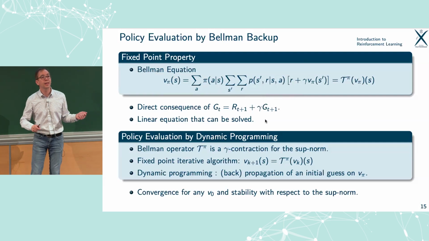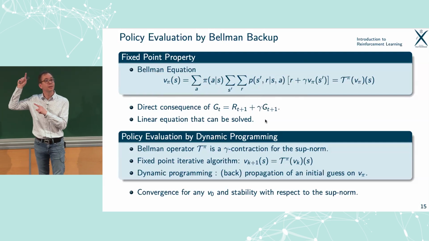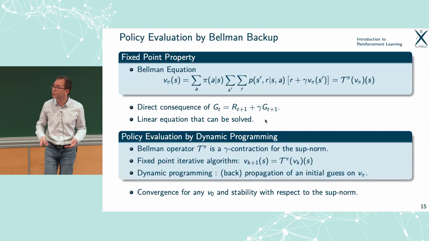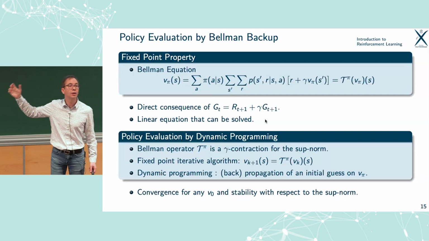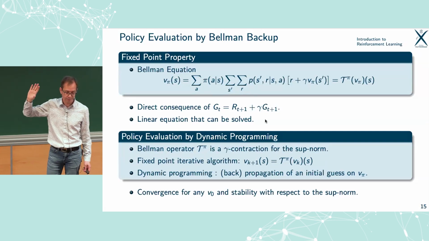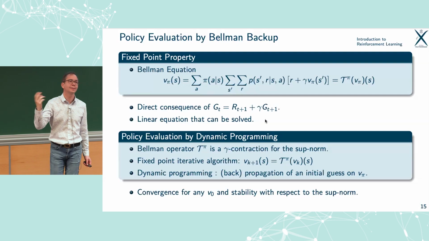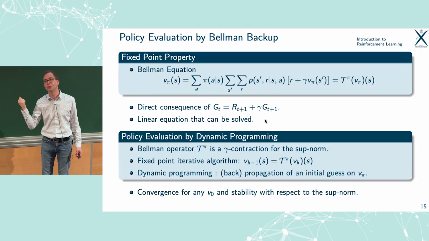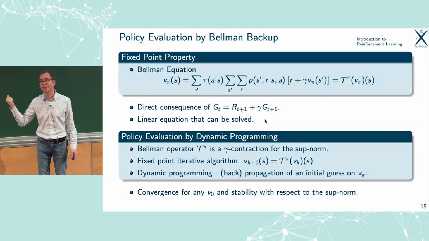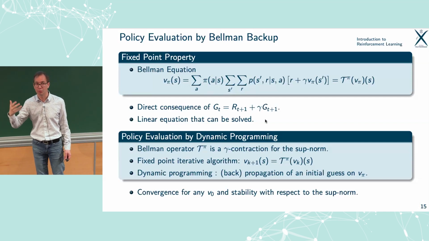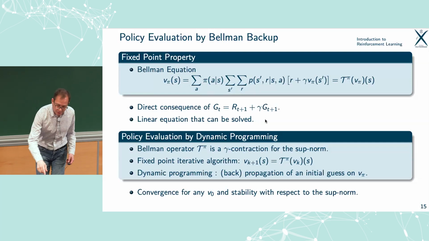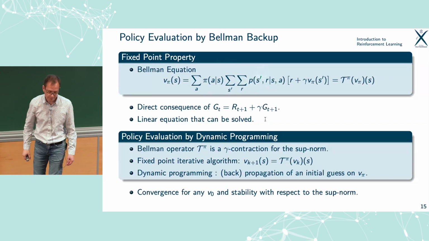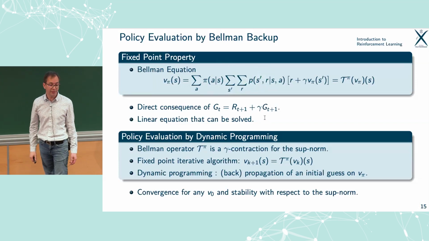That is, we can find this value function by solving this system. And this is indeed a way of solving this problem. You write down this linear system and you solve it. It turns out that there is a slightly different path, which is going to be much more useful in the reinforcement learning world, in which we don't know those transition probabilities that are appearing everywhere here.